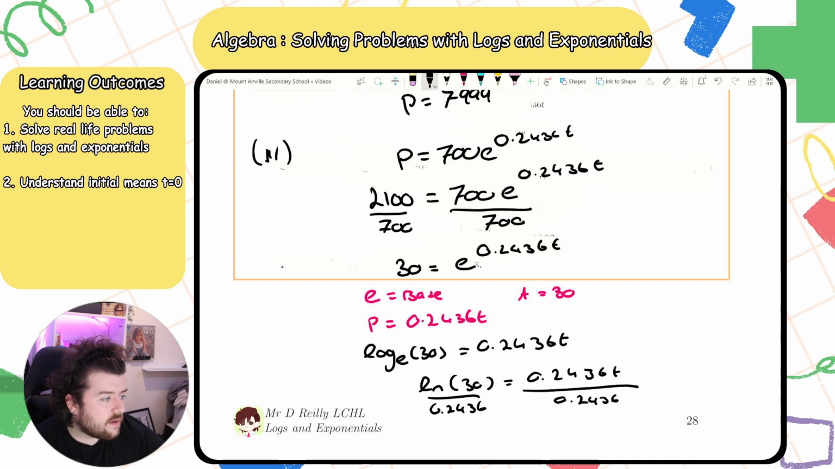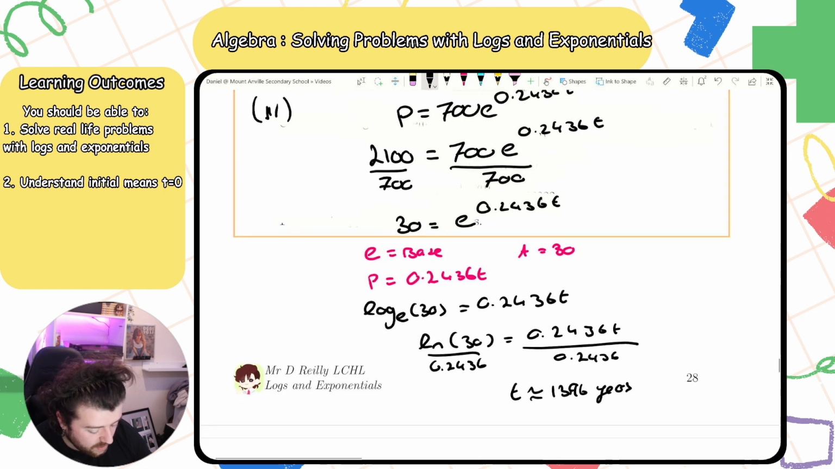ln is equal to, left hand side is equal to ln divided by 0.2436. And you'll get here t is roughly equal to 13.96 years. And then I think we can round up here. T is going to be roughly equal to 14